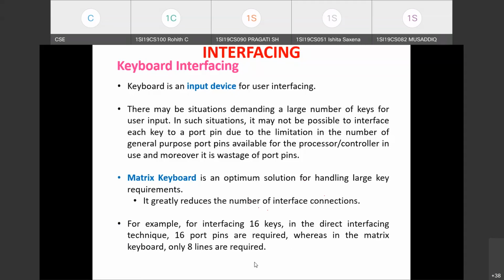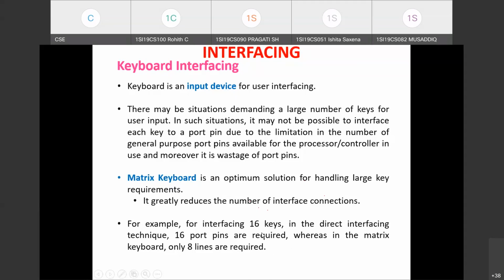That's why we can go for a matrix keyboard, where only 8 lines are sufficient. The 16 keys can be configured in a 4x4 matrix format, wherein we make use of only 8 port pins. Using only 8 port pins, we can interface a 16 key keyboard to the microcontroller. This is the advantage of going for a matrix keyboard.